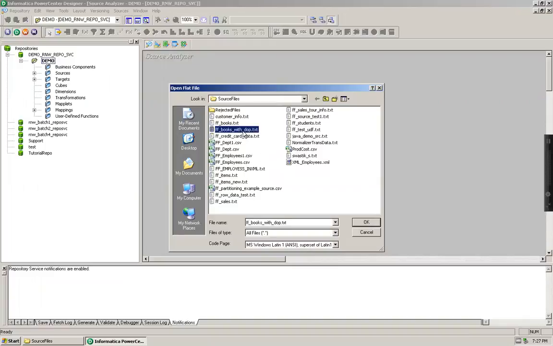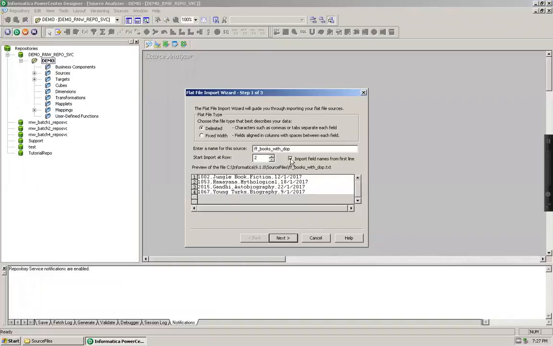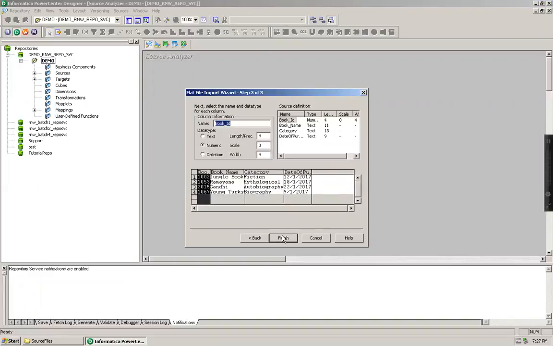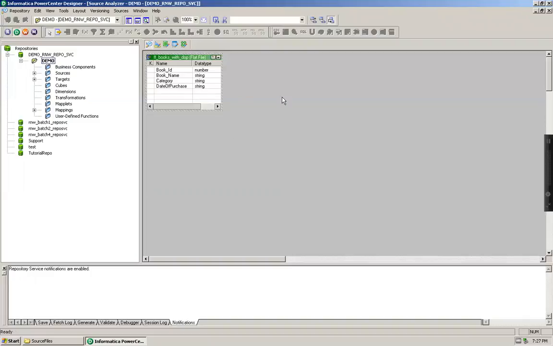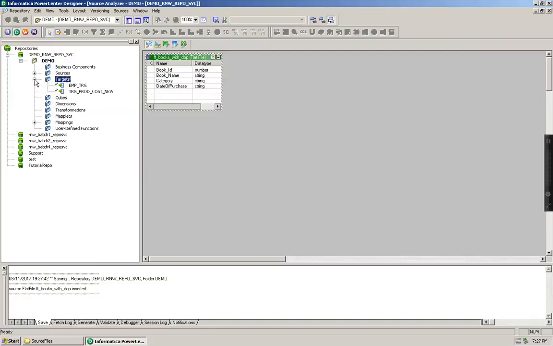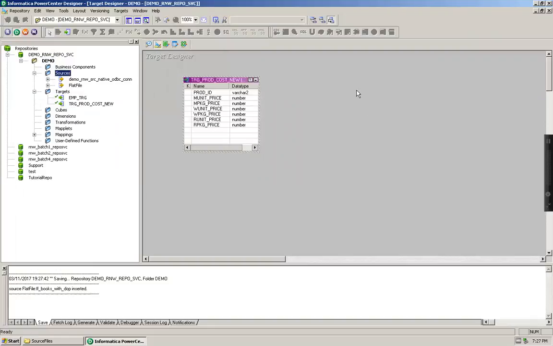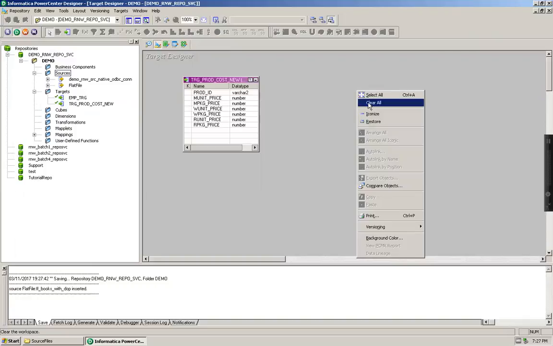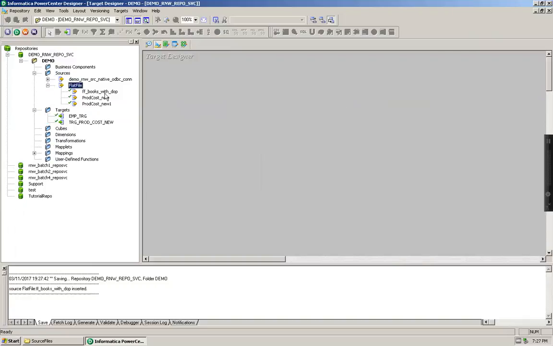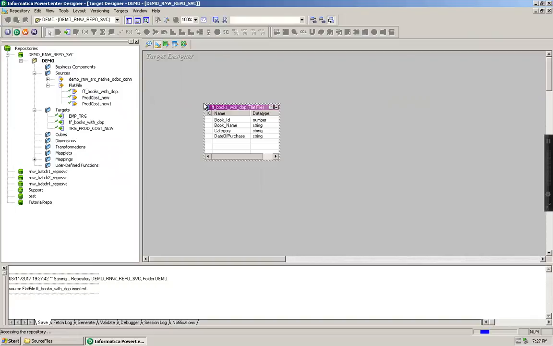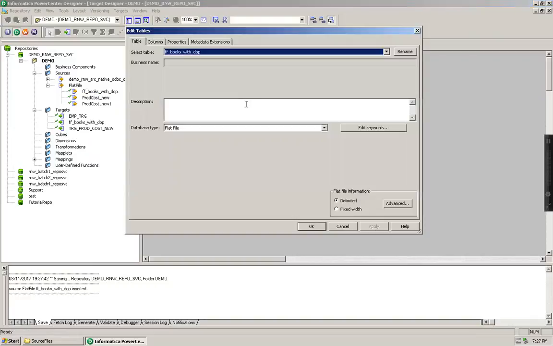This is the file I showed you just now. Import field names from the first line. So this is my flat file. I'm going to use the same flat file as my target, so I'm going into the target designer and pulling the same definition here.